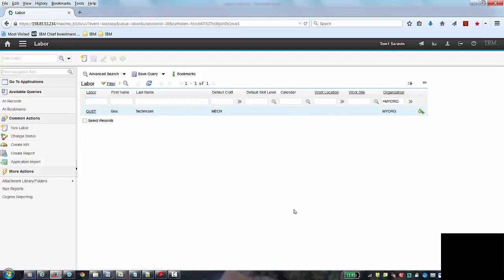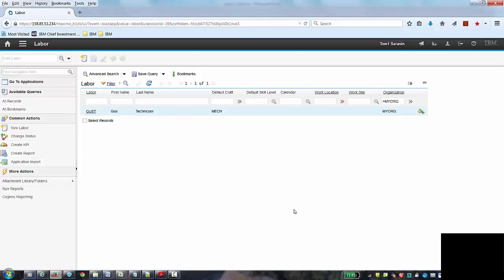Once you've completed loading the labor data, you've now completed three loads: person user data, person group data, and labor data. With that completed, users can actually start using the system. Although there's master data to be entered, assets, locations, items, if you want to enter requests and perform work and they don't need to reference materials and locations, you just do it through simple text in the description of the work order or service request. You can start using the system for simple requests now